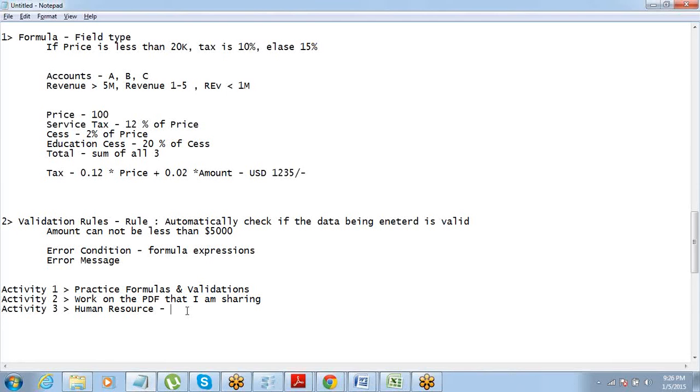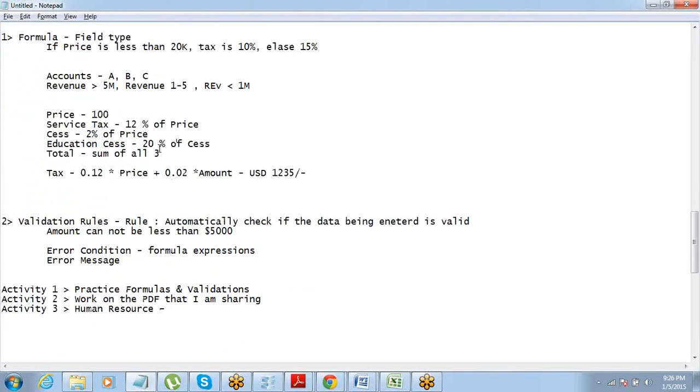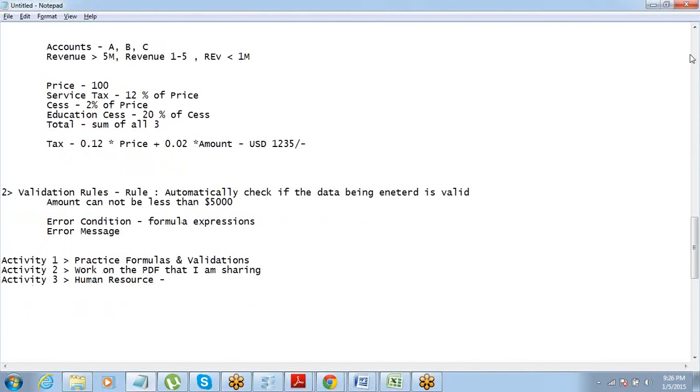Everyone needs to come up with at least 3 scope of formulas and validation combined. 3 things you have to suggest. Everyone needs to come up with that. It can be done. Simple thing. It's not difficult, right? So that is it, I think that's what you have to do. And tomorrow, once we meet, we will get into the other 2 logics, which are the workflows and the approval process. So just have a good idea about formulas and validations today. Tomorrow we are going to discuss further on the workflows and approval processes. All right? Yeah.